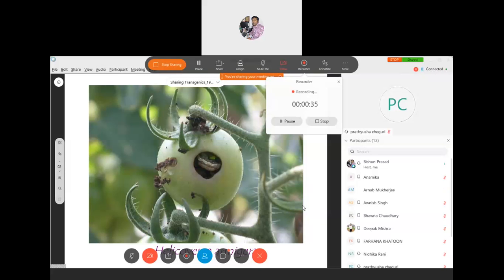So now we will see how these transformants can help you to protect your plants from various diseases, insects and pests. So you can see this is the cotton which is infected with cotton bollworm. You can see the larva has made a hole in the boll of the cotton, and it enters into the boll, and it starts feeding. So feeding of these may lead to yield loss, as well as the quality of lint will also deteriorate.